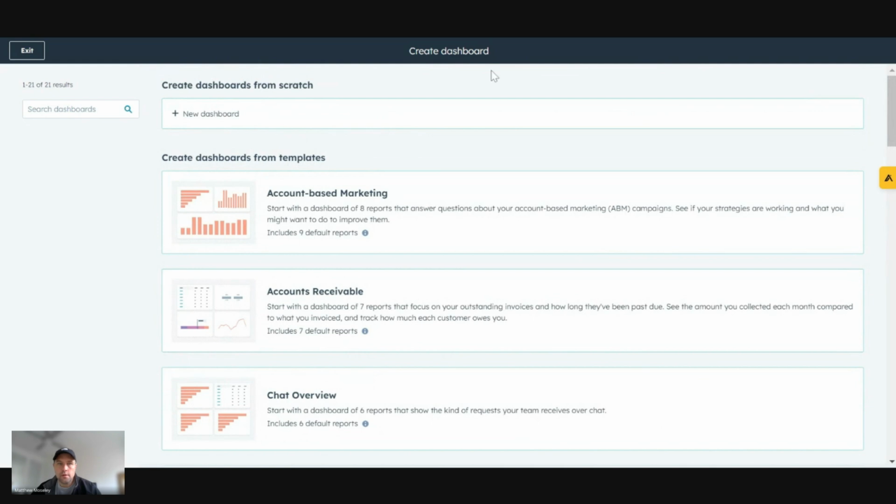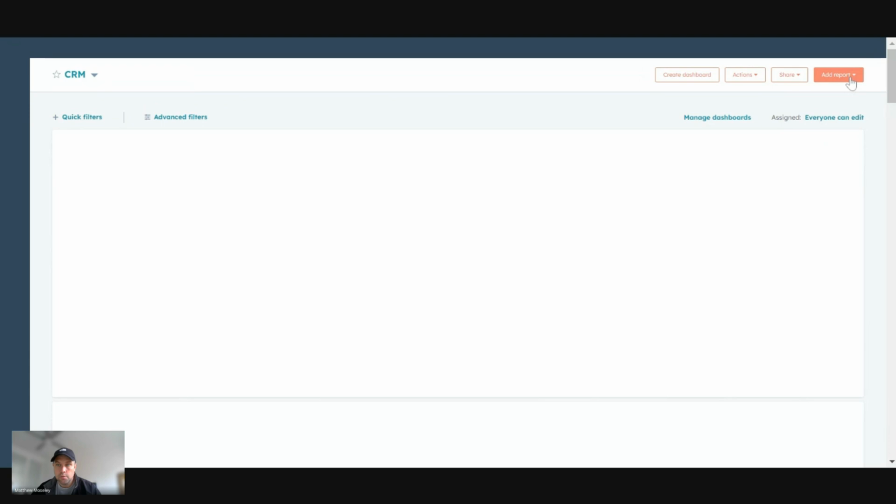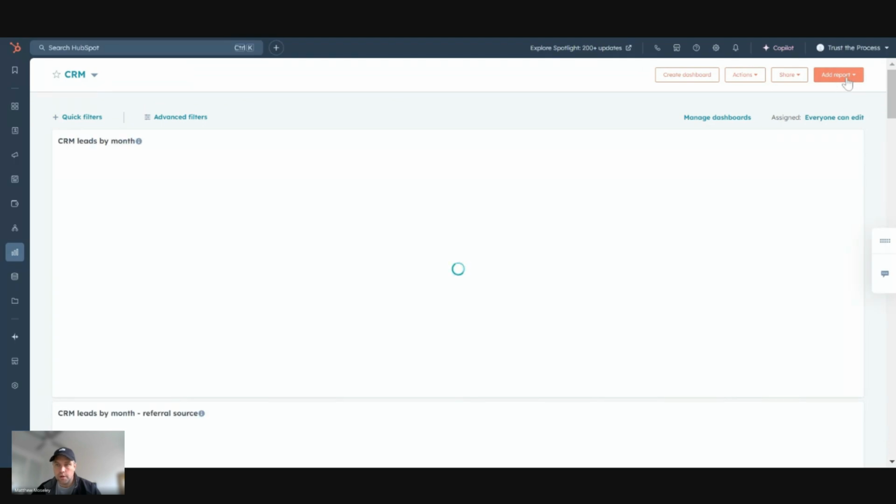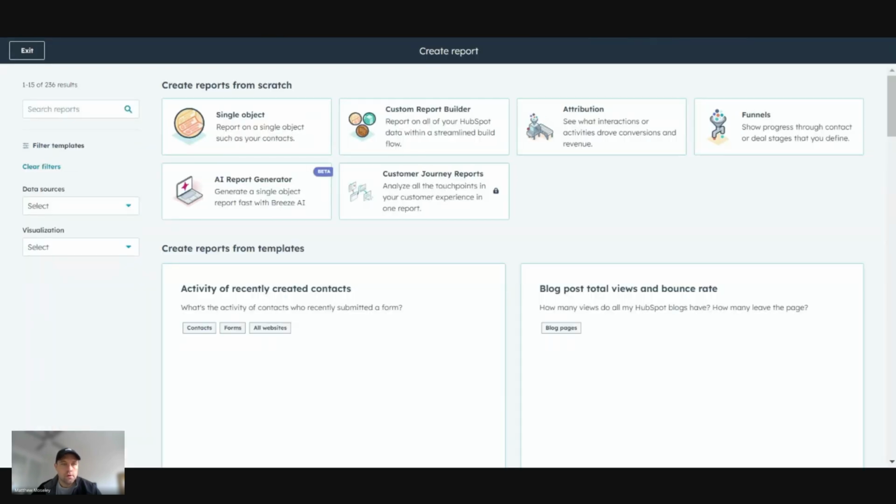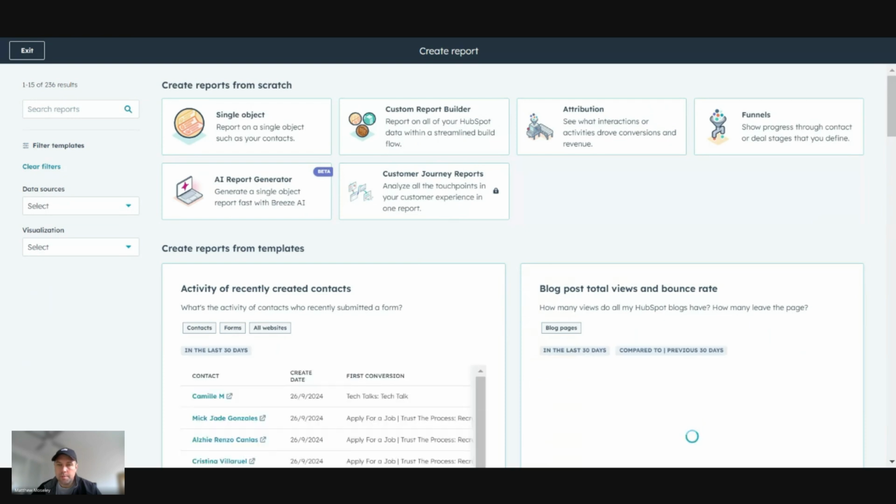Similarly, with the dashboard templates, there's also about 200 report templates as well that you can utilize. So if I want to come in and go create report, what this will do, it'll open up a range of different options. Now, at the top, 236. So that's increased. The last time I saw it, it was under 200 before. So again, HubSpot's always adding stuff. They are sometimes taking things away as well, depending on what they think works best.